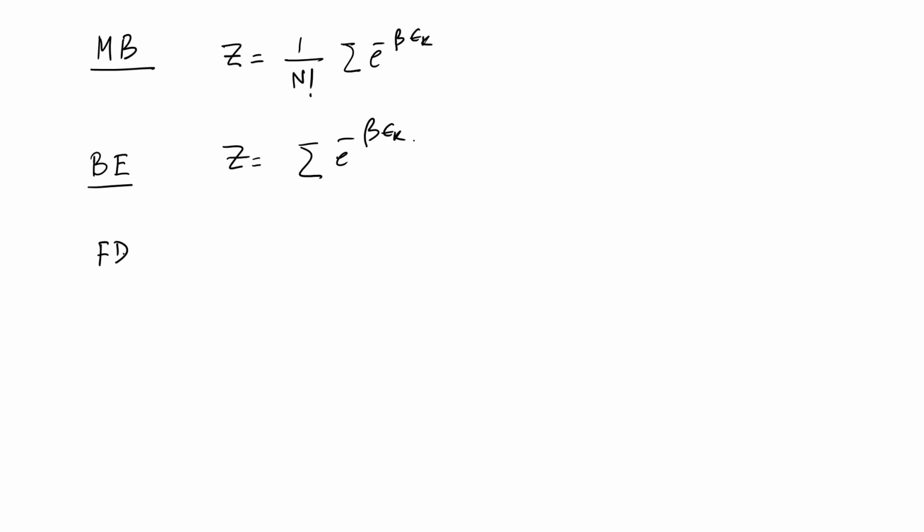Similarly, the FD also does not have the requirement of dividing by n factorial, and one can again write it pretty much the same way as the Bose-Einstein distribution, except that we have to keep in mind that there is an exclusion principle that comes into the picture, which prohibits 2 particles from occupying the same quantum state. So, at most one particle would be in one quantum state, unless you are talking about spins, then of course there is a degeneracy and you can have an up and down occupying one quantum state.